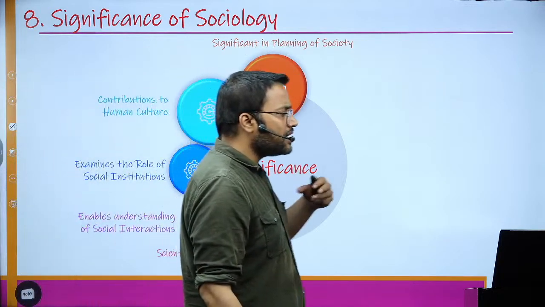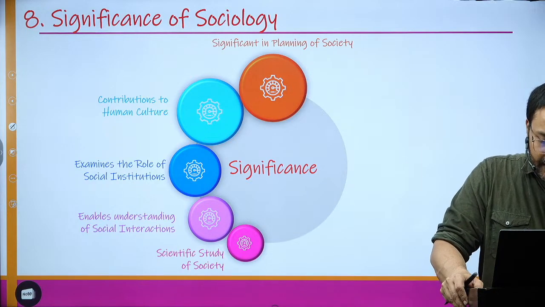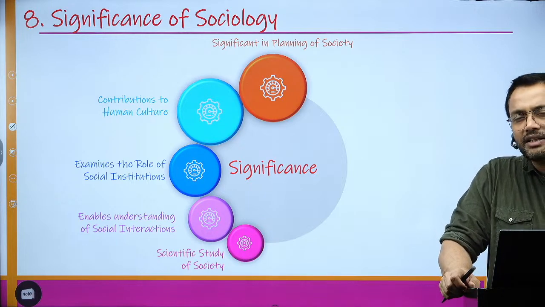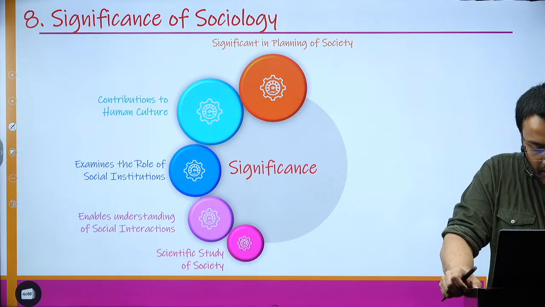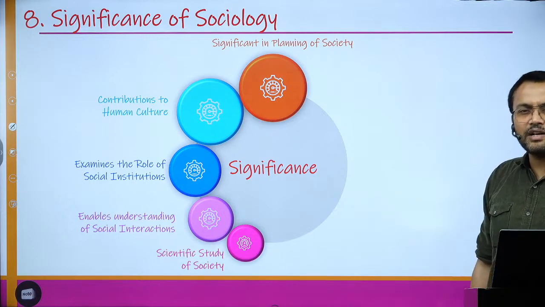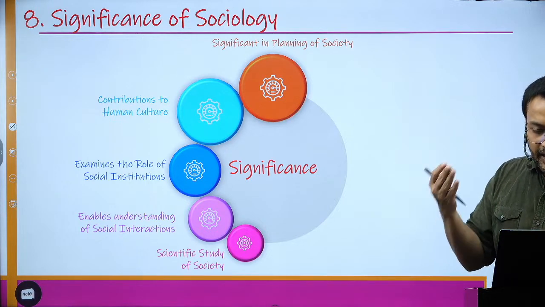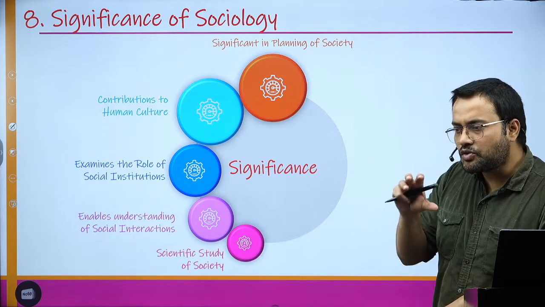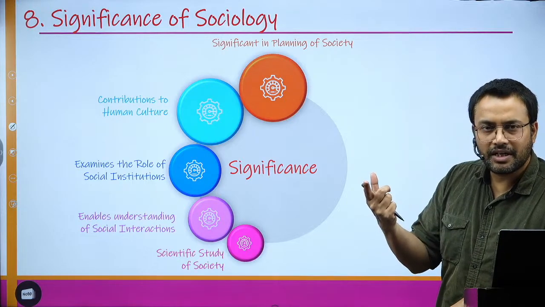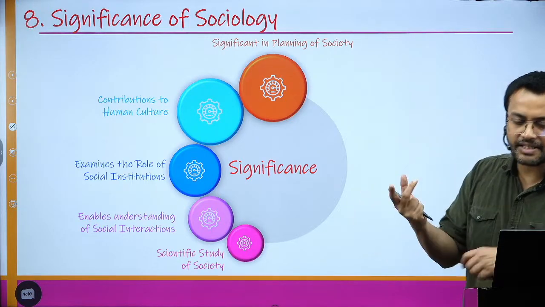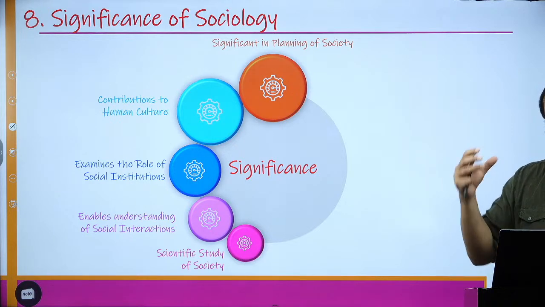Then we have significance in planning of society. When we talk about overall understanding of society, it also helps in overall planning of the society, because now you'll be able to understand the population, how much the population is growing, extrapolating it, whether population is increasing or decreasing. Then you're able to understand migration, what the migration pattern is, whether more people are incoming. And if the migration rate is very high, it is going to change the demography of a particular place, so it might lead to various issues like crime. There might be an increase in the crime rate, in poverty, in the growth of slums, and all those things, and how to tackle all those things.